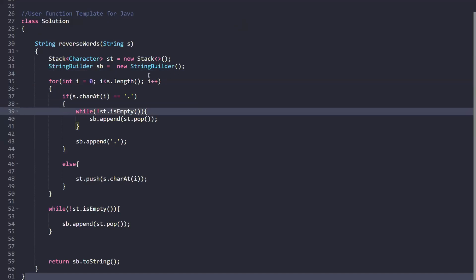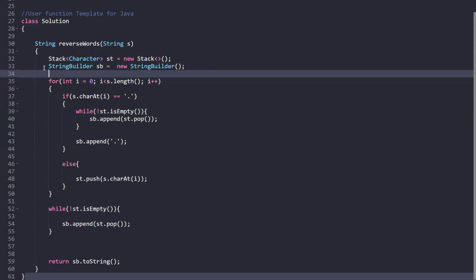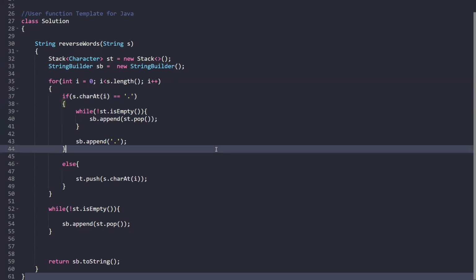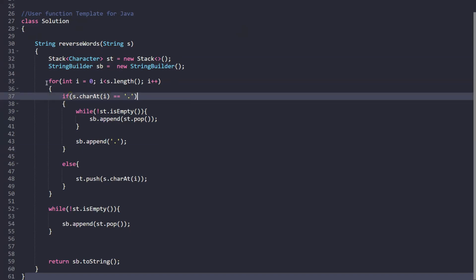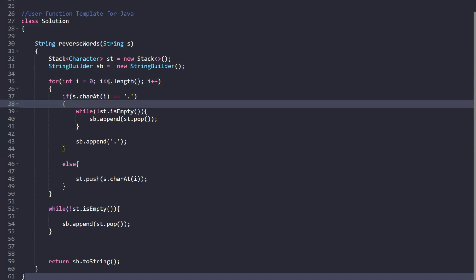So here you can see I'm just coding the approach that we discussed right now. First of all, we are taking a stack, right? Now I'm using this StringBuilder here. You must be knowing why I'm using it, since String is immutable in Java. Okay. So what we are doing is simply traversing all the characters that are present, looping till the time this condition is true.